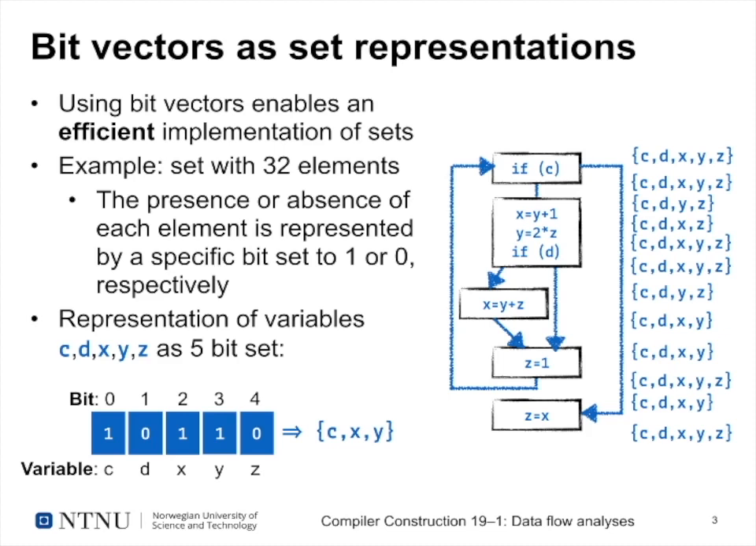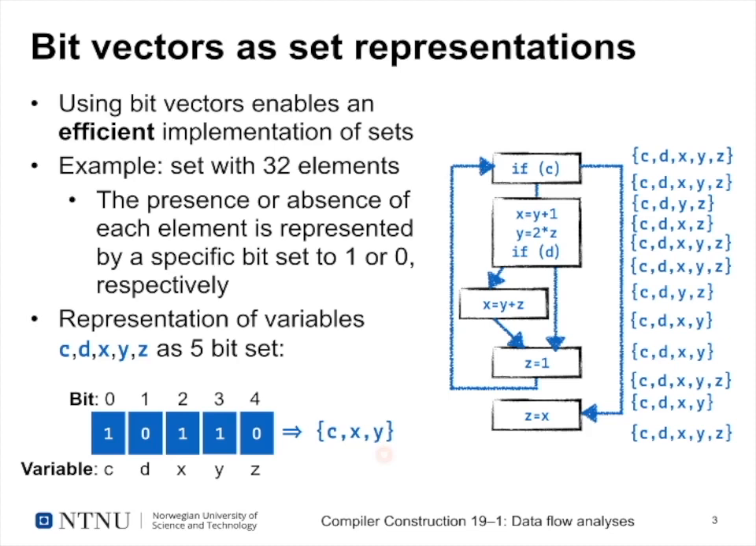And so, for example, we can represent the variables in our previous example as a 5-bit set. We have 5 variables here: C, D, X, Y, and Z. And so we could assign them to a 5-bit word consisting of bits 0 to 4. So bit 0 would represent variable C, bit 1 would represent variable D, and so on. With this example, 1, 0, 1, 1, 0 would mean we have variable C as part of the set, variable D not as part of the set, variables X and Y again part of the set, and variable Z is not included,